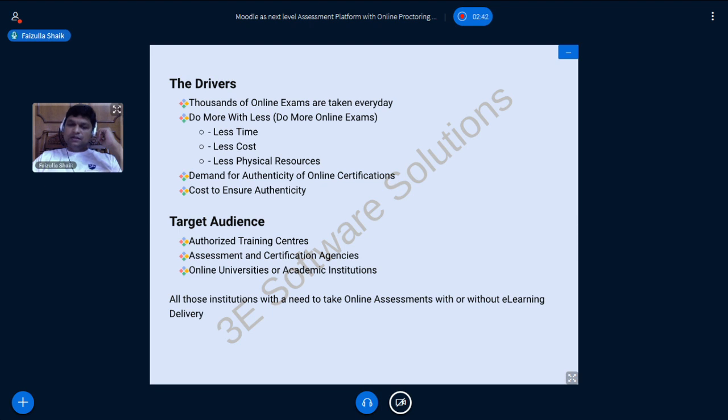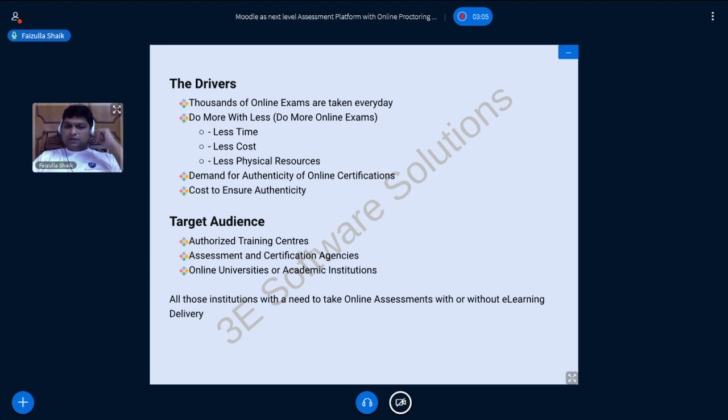The authenticity. Whatever certification you are giving, if your assessment is associated with a certificate, the certificate would obviously have more value if it comes with the authenticity of the assessment, right? We should all agree with that. Now, what is the cost to ensure that authenticity?